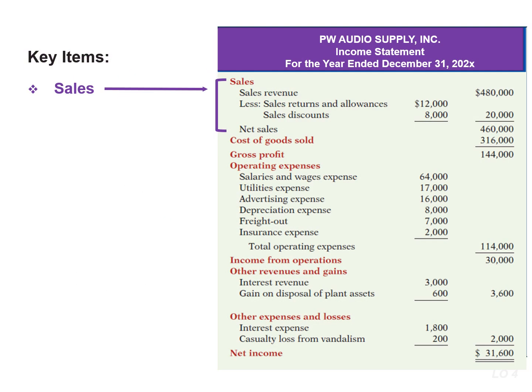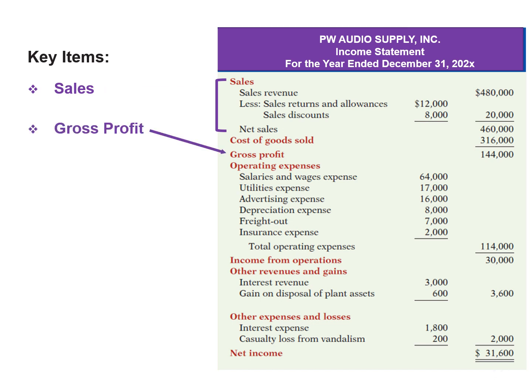The first line item is sales. The income statement for a merchandising company begins by presenting sales revenue. It then deducts the contra revenue accounts, so both sales returns and allowances and sales discounts from sales revenue to arrive at net sales. In this example, we start with sales revenue of $480,000 and subtract $20,000 to arrive at net sales of